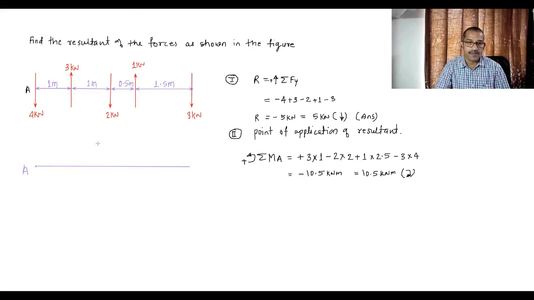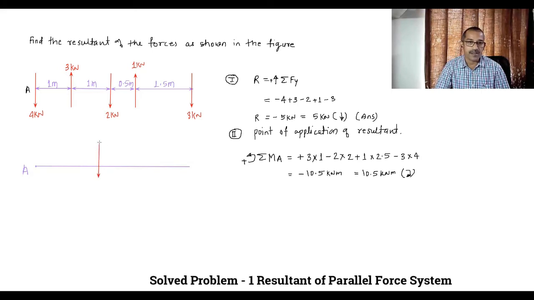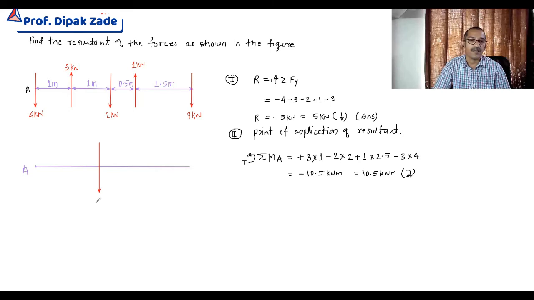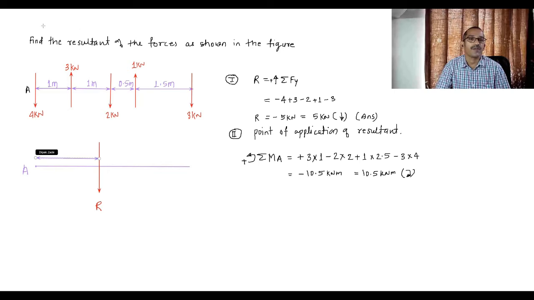This is my resultant, but the distance is unknown. I will write R here. Now at what distance is it? I will assume some horizontal distance of the resultant, and write it as x. So this is our resultant at a distance of x. Is what we have represented correct or wrong? How will we decide? The moment of this resultant about point A is in which direction? It is a clockwise moment.